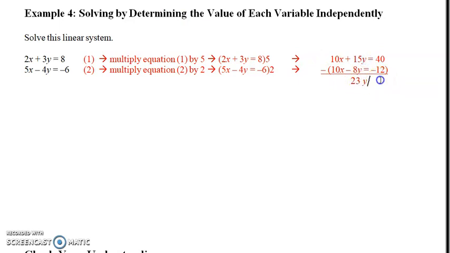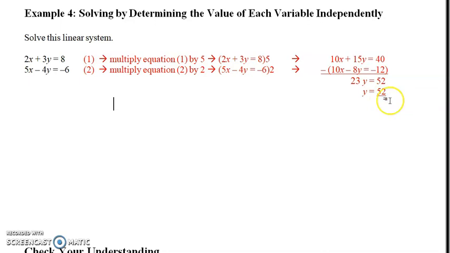So 23y, and that's going to be equal to 40 subtract negative 12, which would be 40 plus 12, which would be 52. Then we divide both sides by 23, and we get y is equal to 52